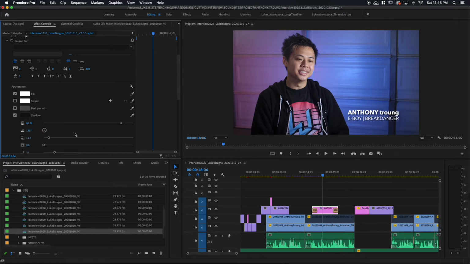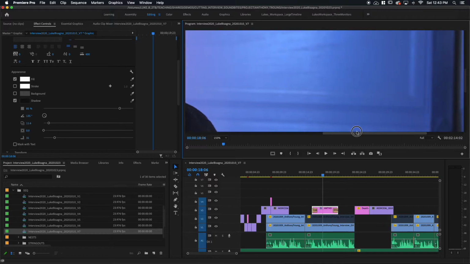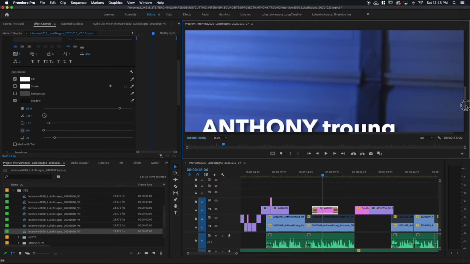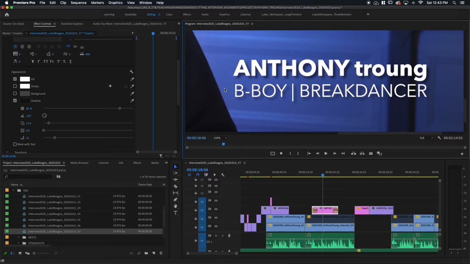And then you have a number of controls here to manipulate how that shadow looks, how dark it is here, the opacity of it. I usually go around between 75 and 85%, something like that. And then let's zoom in a little bit here, make it a little bit easier to see what we're doing with this text. Now you can really see the shadow here. If I turn it on and off, you can see how much of an effect that's having to set that text apart from the background.